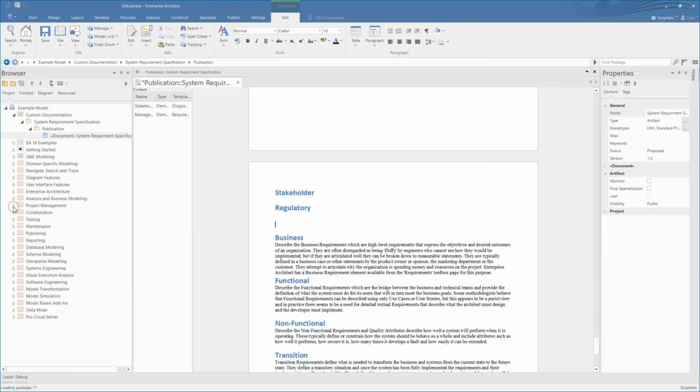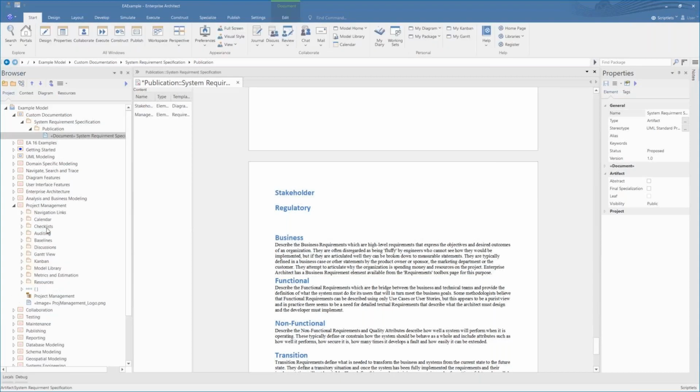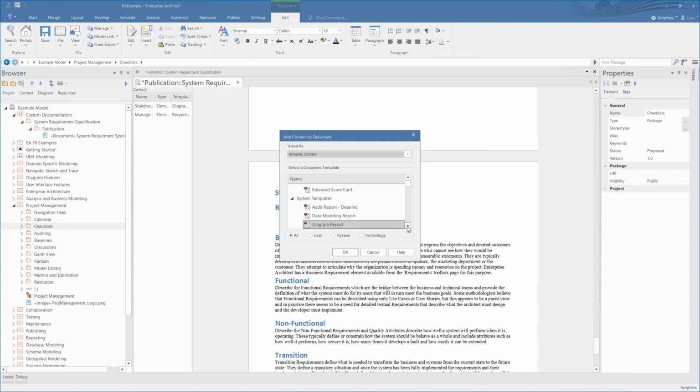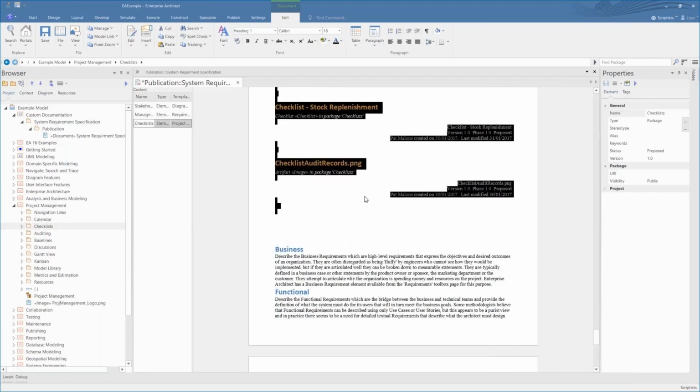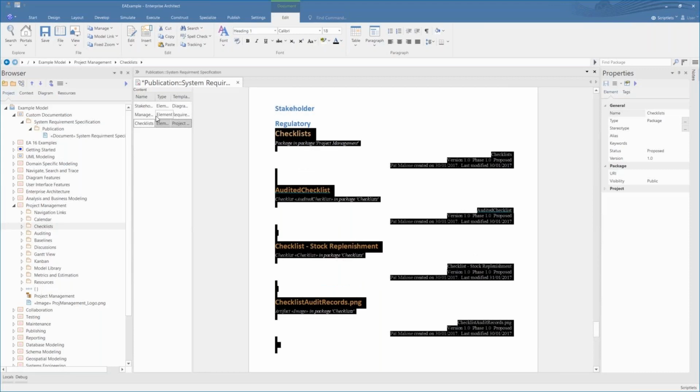So I know under project management, we have some checklists. So you might have some legal or HR requirements or regulatory requirements. And we're going to drag it on screen using a project management report. And so our checklists have now been created and have been dragged on screen. When I select this, I can highlight the section. So if I've got a 300-page document, I don't have to scroll through 300 pages. I can just jump to it and highlight the section.